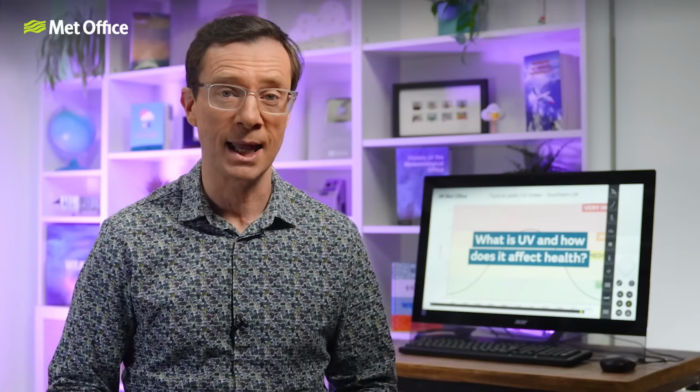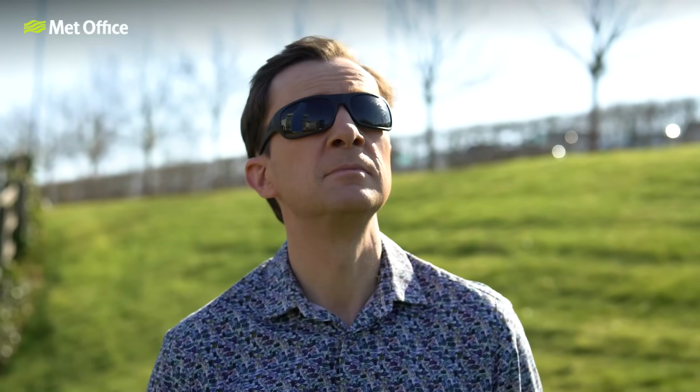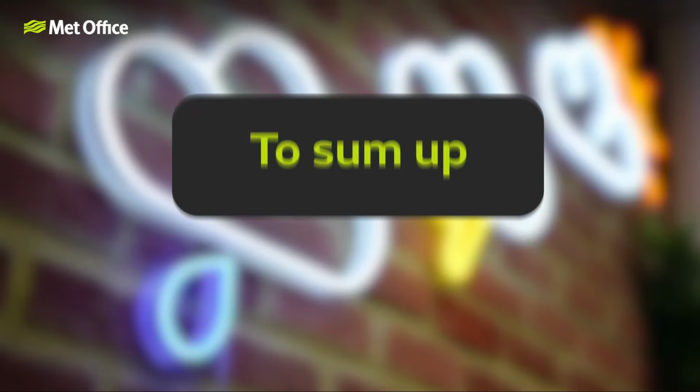One further damaging effect UV radiation has that is maybe less obvious is both short and long-term effects on the condition of your eyes. UV radiation from the sun or sunbeds can damage the eye's surface tissues as well as the cornea and lens inside. To protect your eyes from UV exposure, it's really important to wear good quality UV protective sunglasses. Wraparound shades offer the best protection, while grey lenses give a proper colour recognition. To sum up,